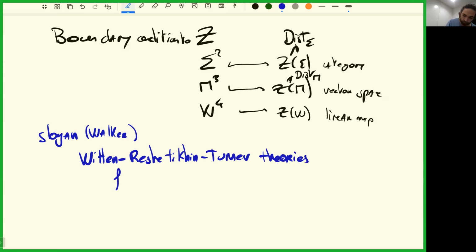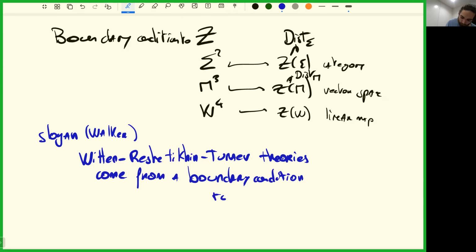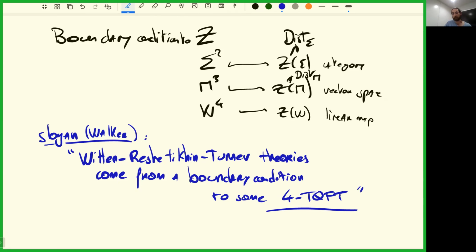From, or I don't know, from or come from a boundary condition to some 4D theory. Okay, so for me, this has been one of the big motivations for developing exactly, well, this 4D theory has